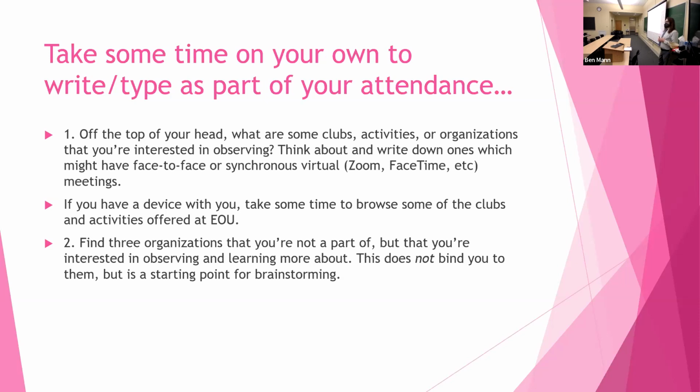And also, I'll be posting on Canvas a little bit later a template that you could use to reach out to an organization or club or group that just indicates, hey, I'm here for a small group communication class. We're looking at how small groups behave and act. One option that you can give members of the group is to keep the members of the group or the things that people do in the group anonymous. Sometimes people feel a little bit weirded out if they're mentioned by name in assignments. So that's a way that you can get people more likely to agree.